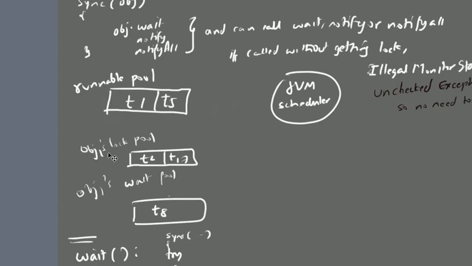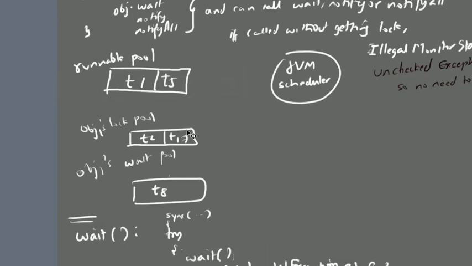Now every object has a lock pool and a wait pool, and as we already know, there is a runnable pool. The JVM scheduler would be picking up a thread from the runnable pool. Now, when would a thread enter a lock pool? As you can see, T2 and T17 are in object 1's lock pool. That means